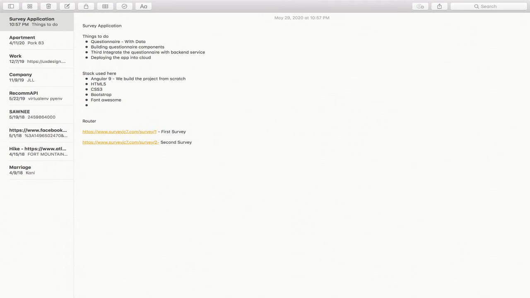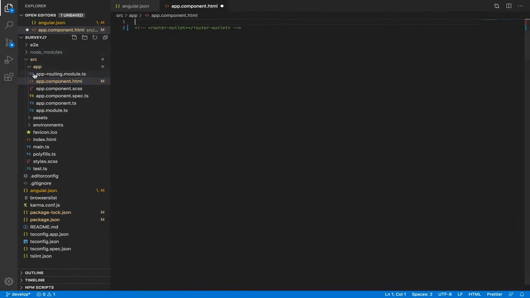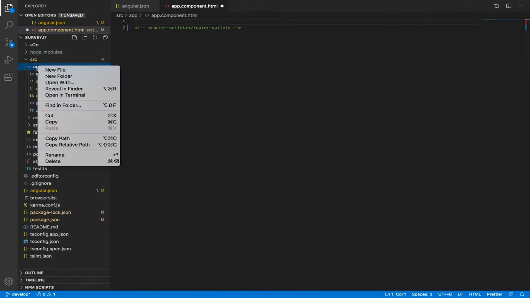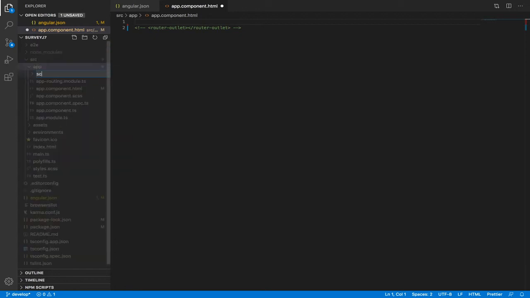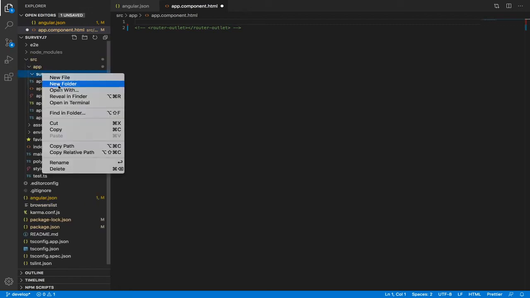Yes, so this is what my URL string needs to be. So let's create an application. I'm going to keep my whole application modular. Say I have created a project called survey. Inside that survey, I'm going to have my